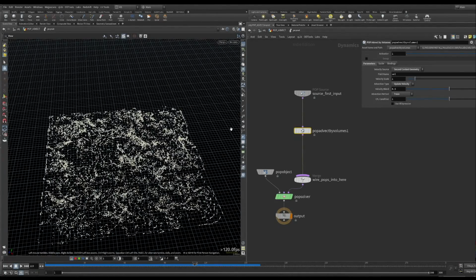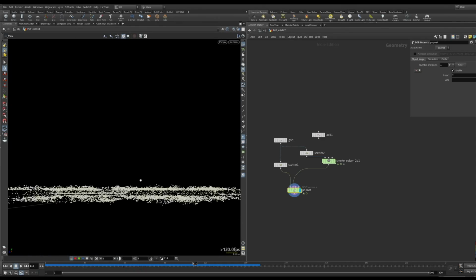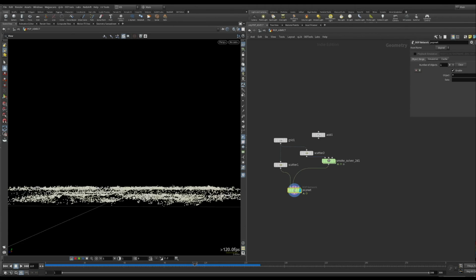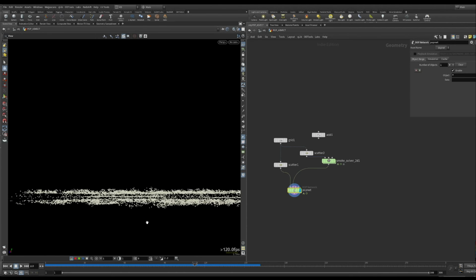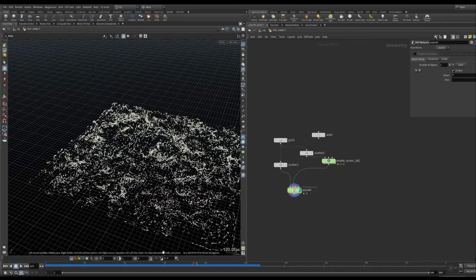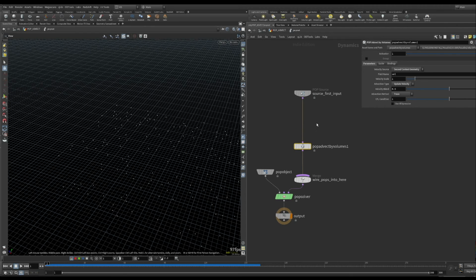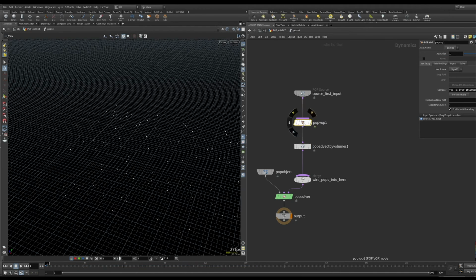It doesn't really look right because what we're using is a 2D volume. So when any of these points get away from that flat plane of having a position of 0 on the y or z axis, or whatever this up and down axis is, it will stop affecting them. So we need to, before we advect the points, add a pop vop and tell the points to always stay at